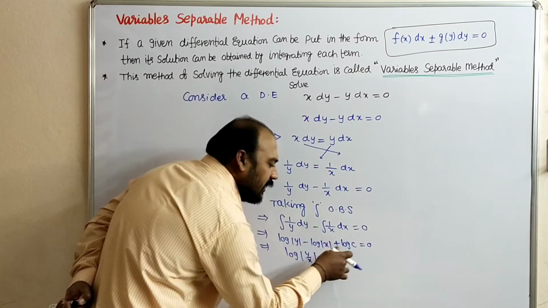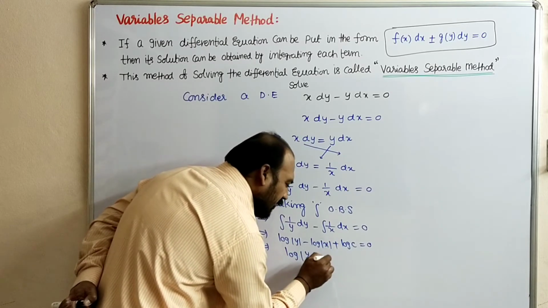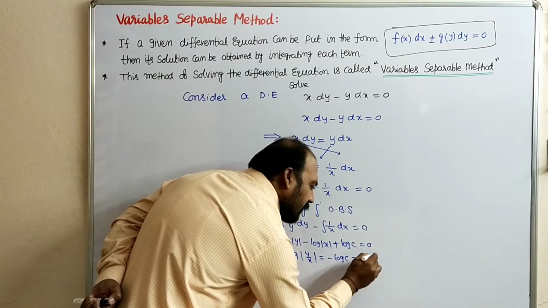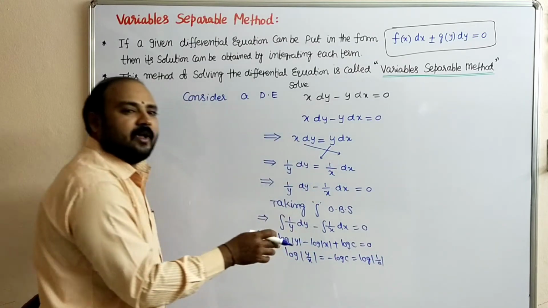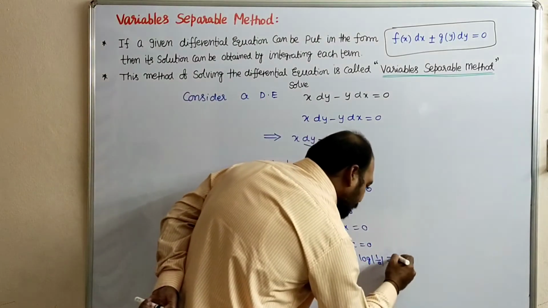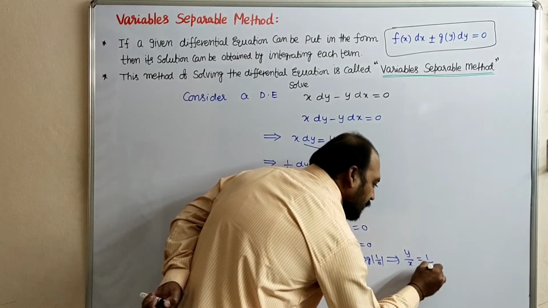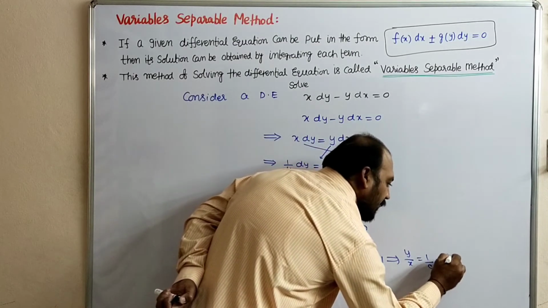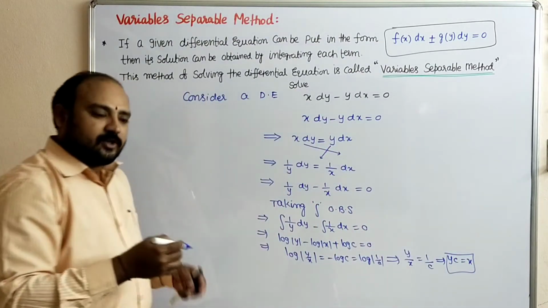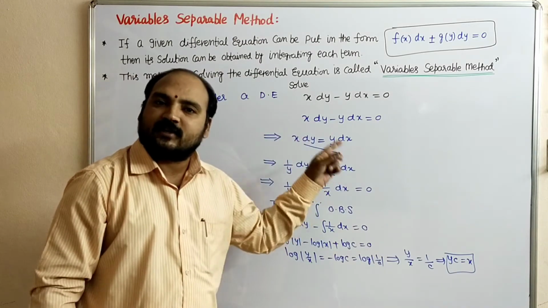Even this constant you can take to that side, or you can take it as minus also according to convenience. You can take it like minus log C. This also can be written as log 1 by C. Why? Because minus log C means log of C power minus 1, that is 1 by C. Comparing the log functions, we can take y by x is equal to 1 by c. That implies cy is equal to x, which is the required solution to the given differential equation x dy minus y dx equal to 0.